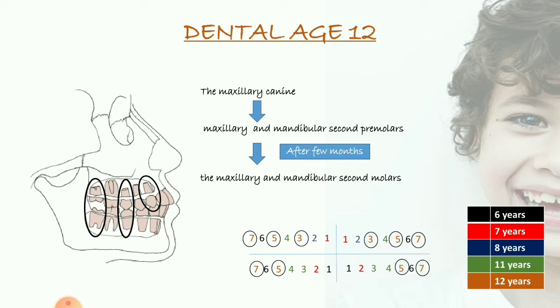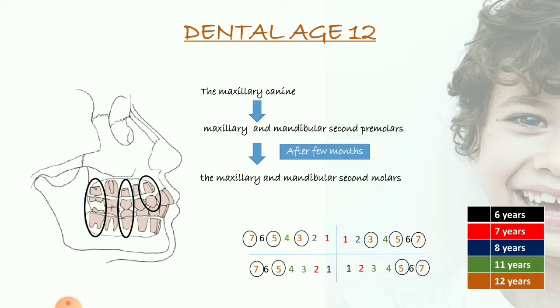Now focusing on the tooth numbering system below, we'll revise once. The numbers which are in black color are the tooth numbers which erupt at the age of 6 years. In that we have mandibular central incisor, then mandibular first molar and maxillary first molar. Then comes dental age 7. The tooth numbers colored in red are those which erupt at the age of 7 years, which are maxillary central incisor and mandibular lateral incisors. Now at the age of 8 years we get maxillary lateral incisors.